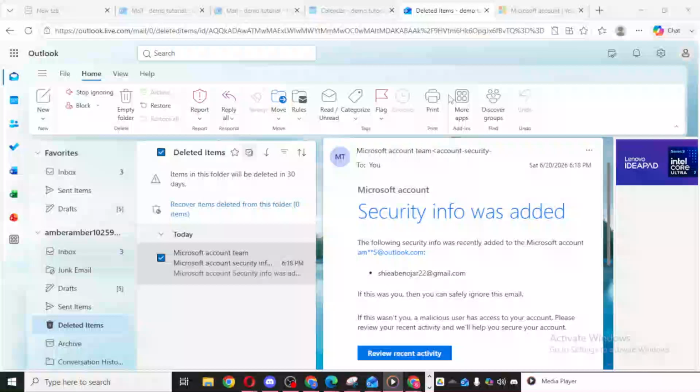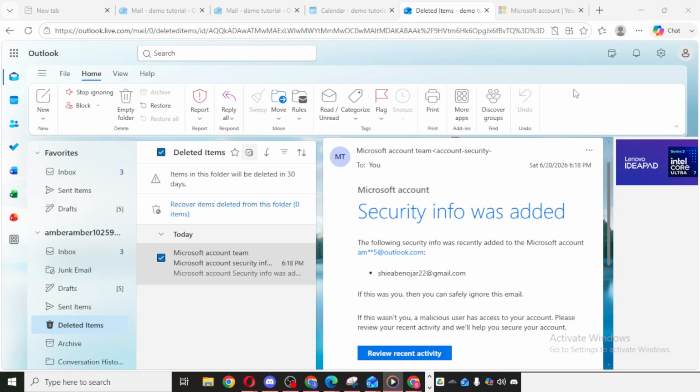In today's video, I'm going to teach you how to send a meeting invite in Outlook. To get started, open Microsoft Outlook on your computer. Once Outlook is open, take a moment to make sure you're signed in to the correct account, especially if you use more than one email profile for work or personal communication. This helps ensure that the invitation is sent from the right calendar and reaches the right people.